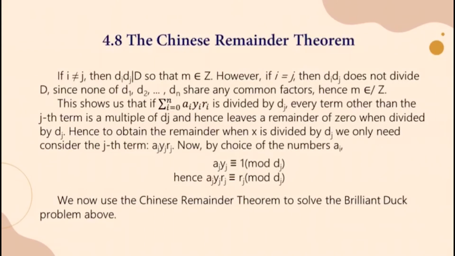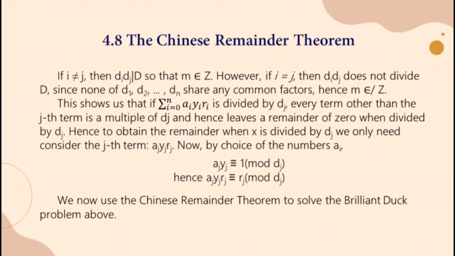The Chinese remainder theorem. If i is not equal to j, then it is multiplied by dj, so that m belongs to Z. However, if i equals j, then di multiplied by dj does not divide d, since none of d1, d2, ..., dn share any common factor, hence m does not belong to Z. This shows us what happens if the sum over i of ai multiplied by yi multiplied by ri is divided by